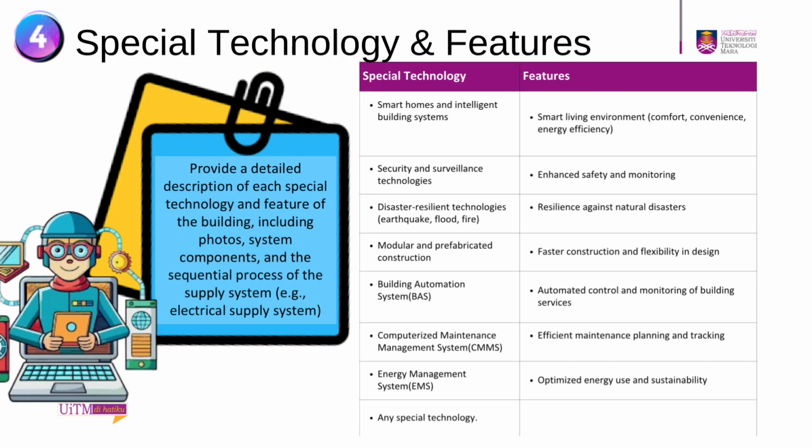4. Special technology and features. Provide a detailed description of each special technology and feature of the building, including photos, system components, and the sequential process of the supply system, e.g., electrical supply system. Smart homes and intelligent building systems: smart living environment, comfort, convenience, energy efficiency. Security and surveillance technologies: